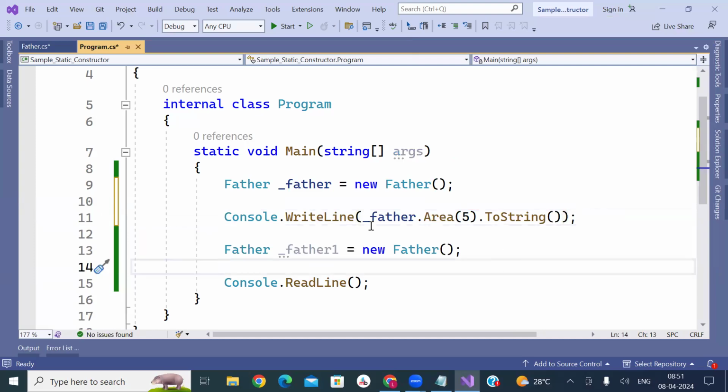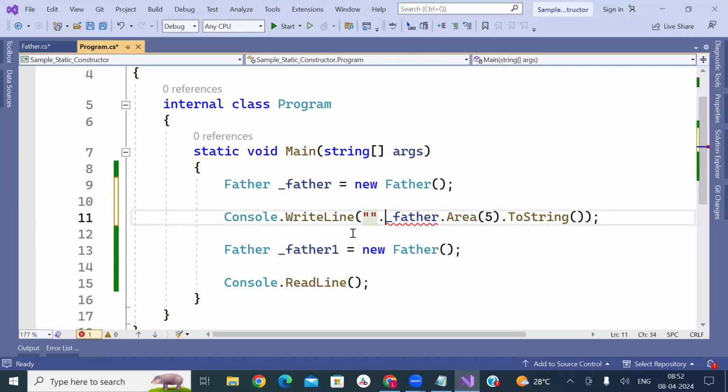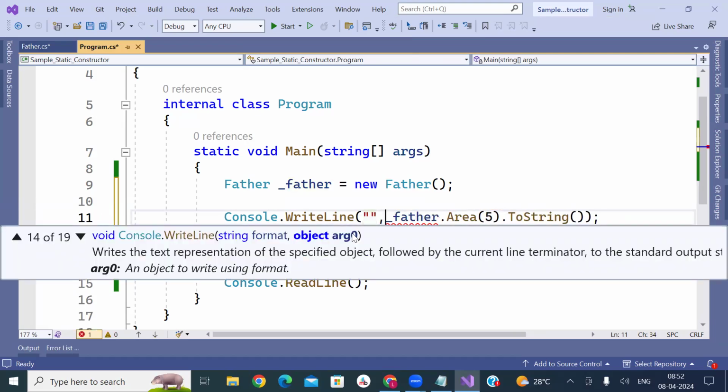Okay. Similar fashion here I can give like this, it's better. How am I going to give? Area of